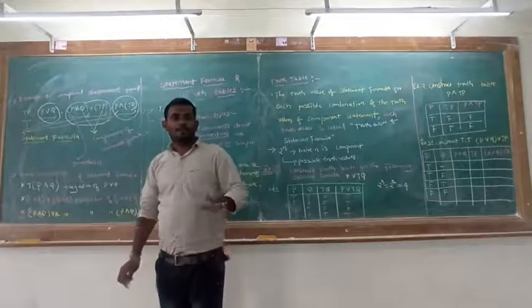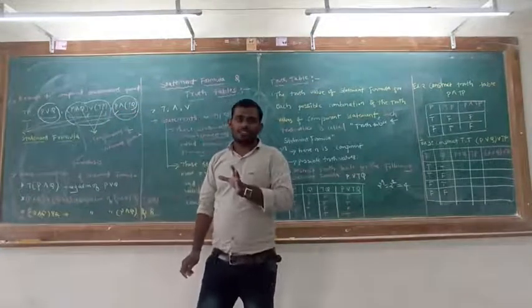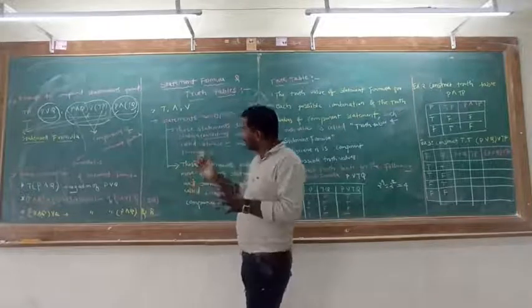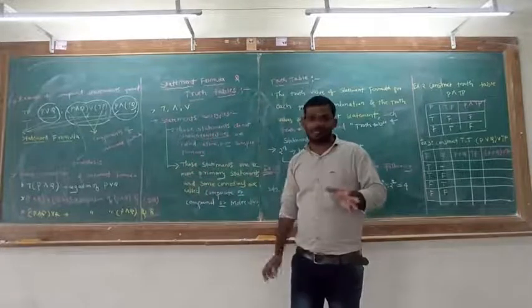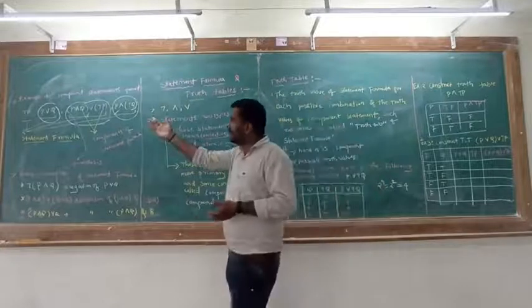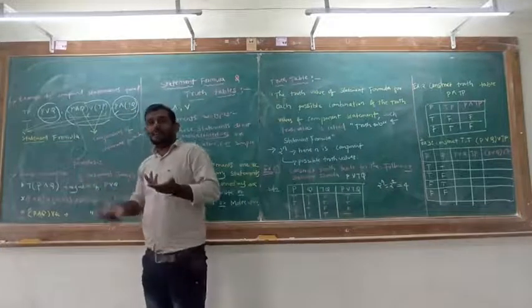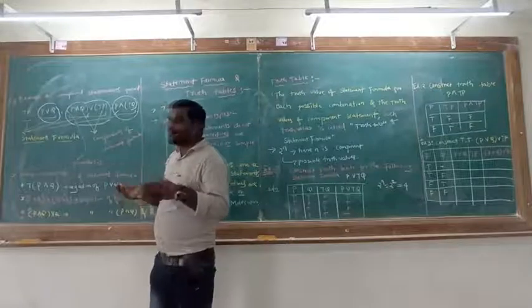These are the primary statements. In sentences, we denote primary sentences. For primary statements, we use some English alphabet letters, so those are P, Q. You can denote any character, any alphabet from A to Z.